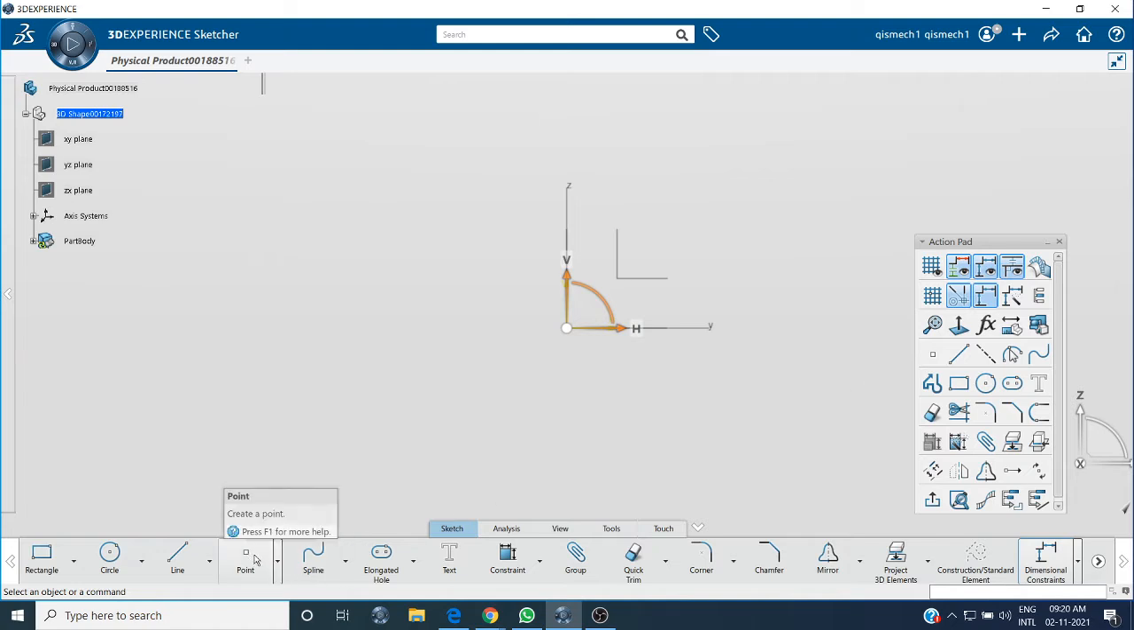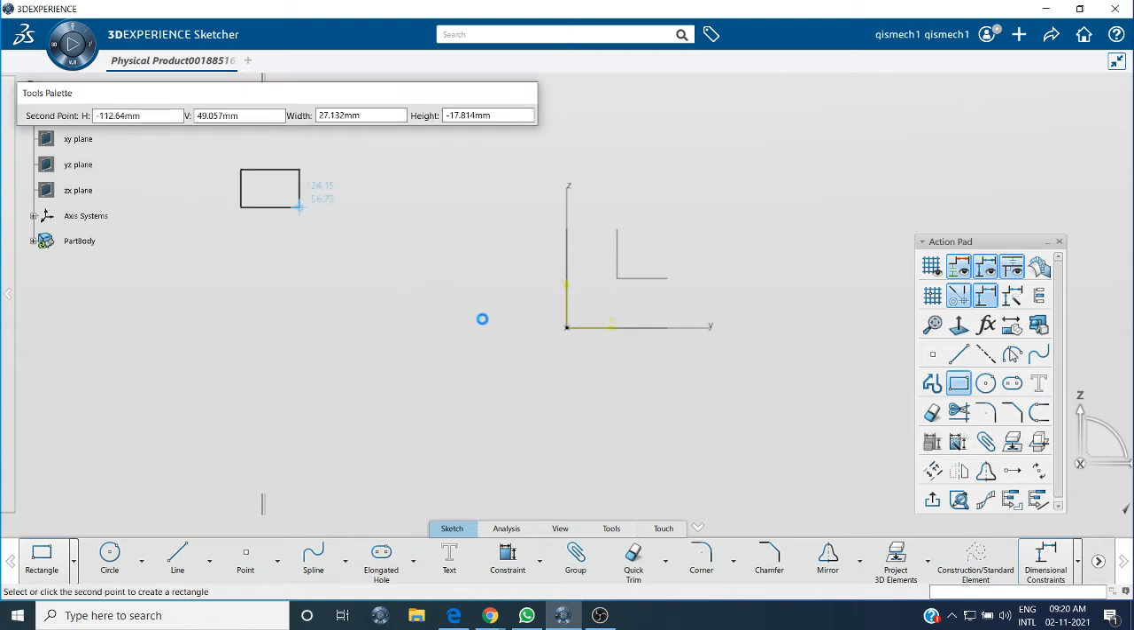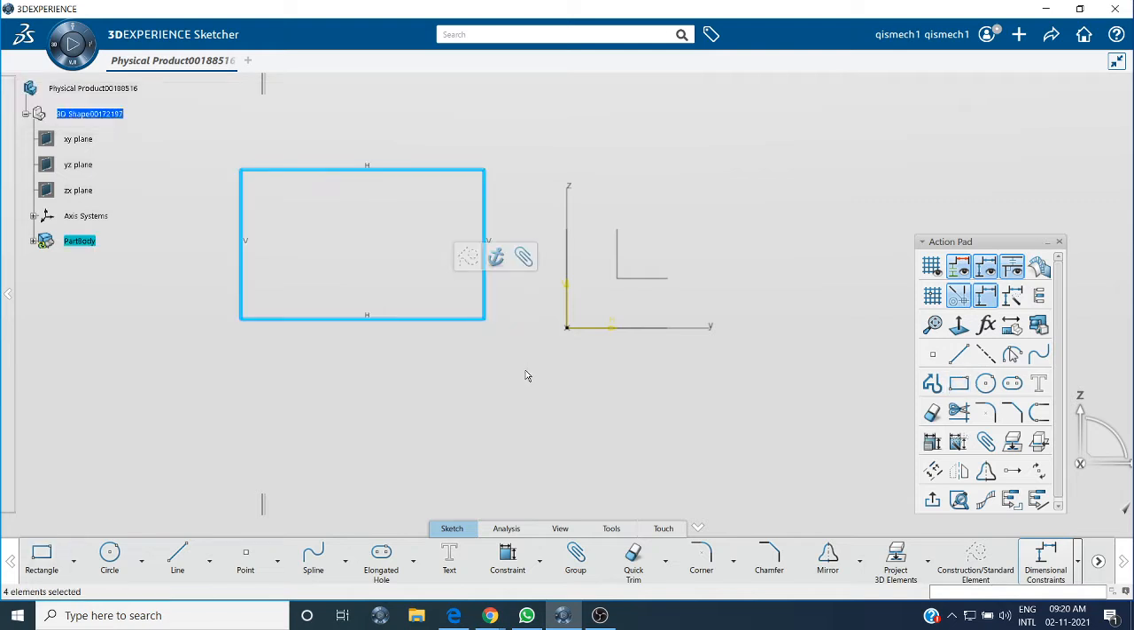For that I need a profile. I will take a rectangle. In corner we are getting a round shape profile, but here in chamfer we will get length. So before doing the chamfer,